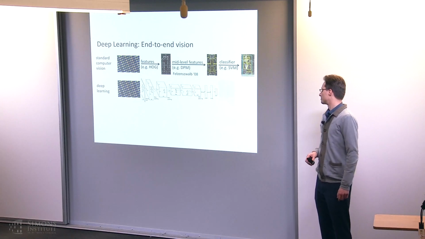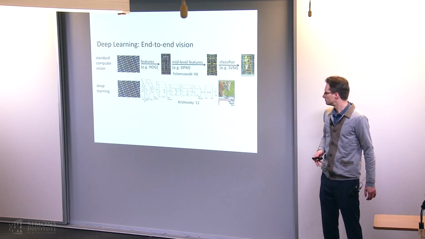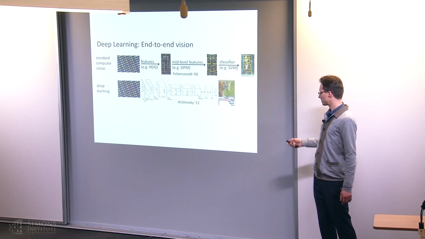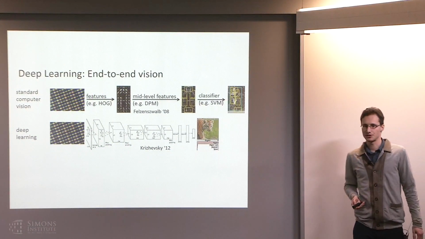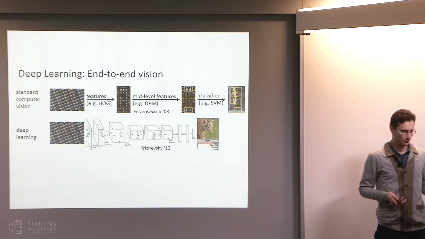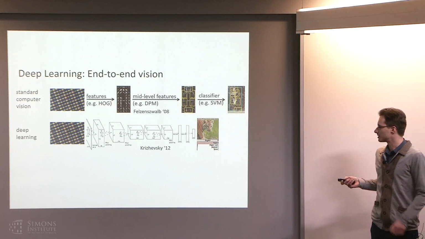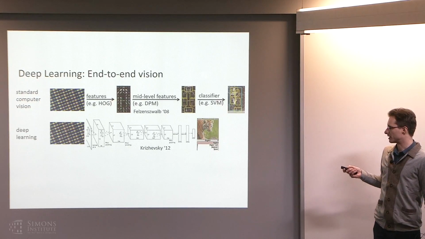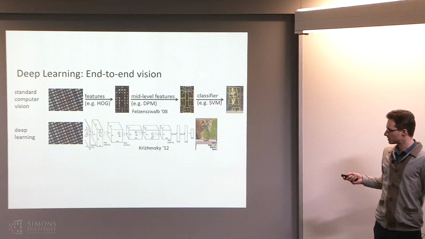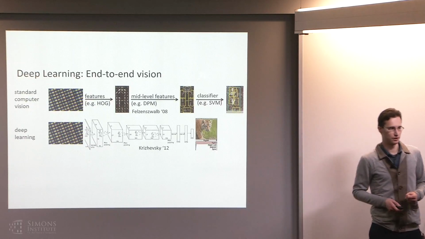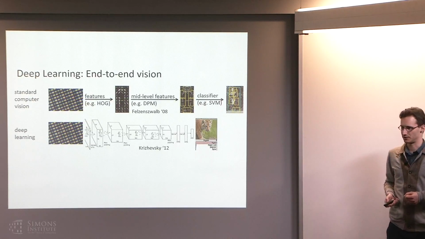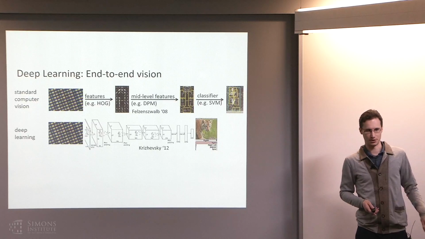And with deep learning, the story is actually very, very similar. You still have different layers of representation. It's just that now these different layers of representation are not designed by hand, but they're actually learned from the data. So the benefit is that now we don't have to manually engineer the right kind of features here in the middle. And the representation is actually adapted to the particular task we want to do, instead of requiring really, really smart graduate students to design the best universal feature for whatever vision task we might want in the future.